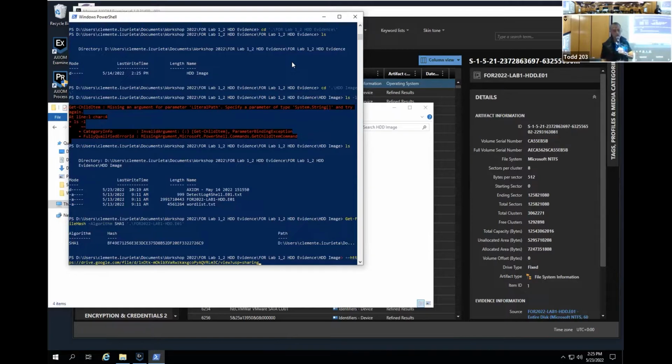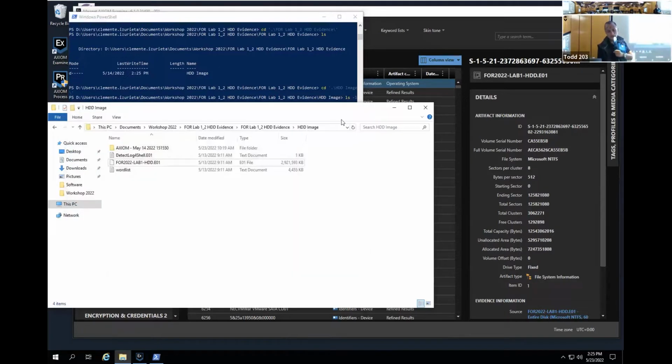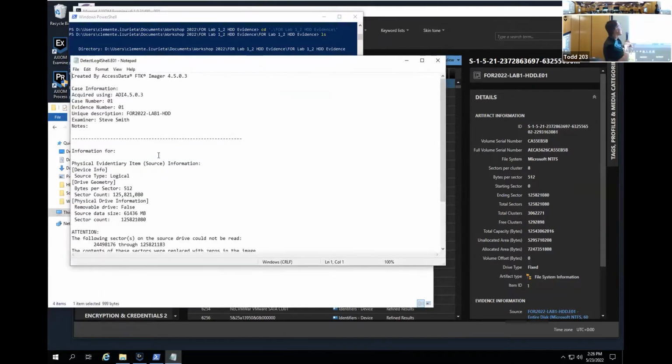What's another option to do this? In the folder where you downloaded and extracted the evidence file, right next to the image that you loaded, there's another file called detect log4shell E01. If you click on that, there's a whole bunch of information that comes with the evidence file, collected for you as you were analyzing the evidence for this particular system. You're going to find a whole bunch of information here